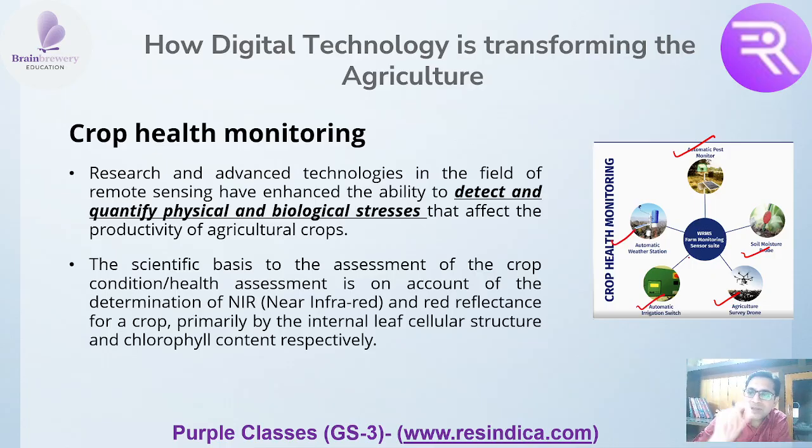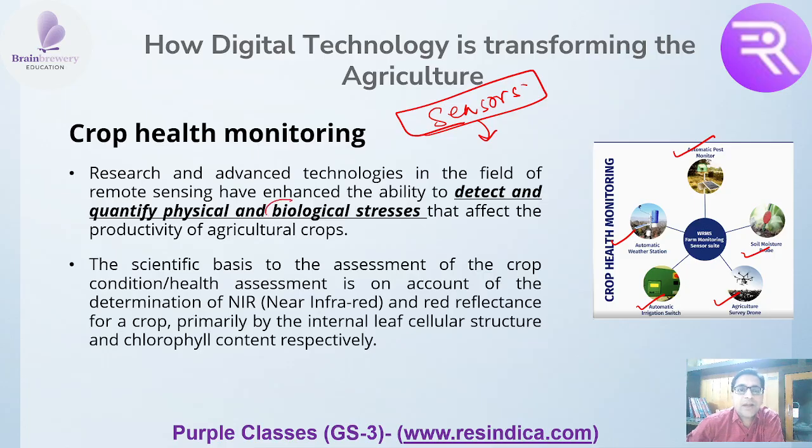With the special use of pest monitoring, you will have better sensors, especially focusing on detecting any kind of biological stress. Biological stress can be because of pests, water stress, or heat stress. Anything can be there. These sensors will detect any type of biological stress, and since we will be able to find out exactly during the starting phase only, we will take immediate measures to solve that.